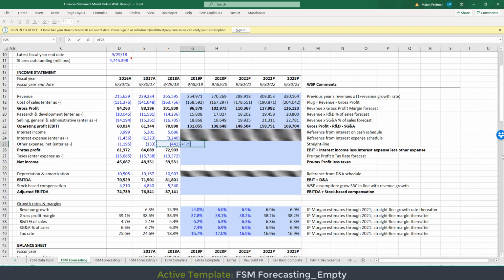One of the things here is something that we haven't really explicitly talked about. What is that other expense? What's the nature of it? What we do see is that it seems to be consistently an expense. Sometimes with these line items, the company presents their financials and doesn't explain exactly what it is. And just as a reminder, when Apple reported,